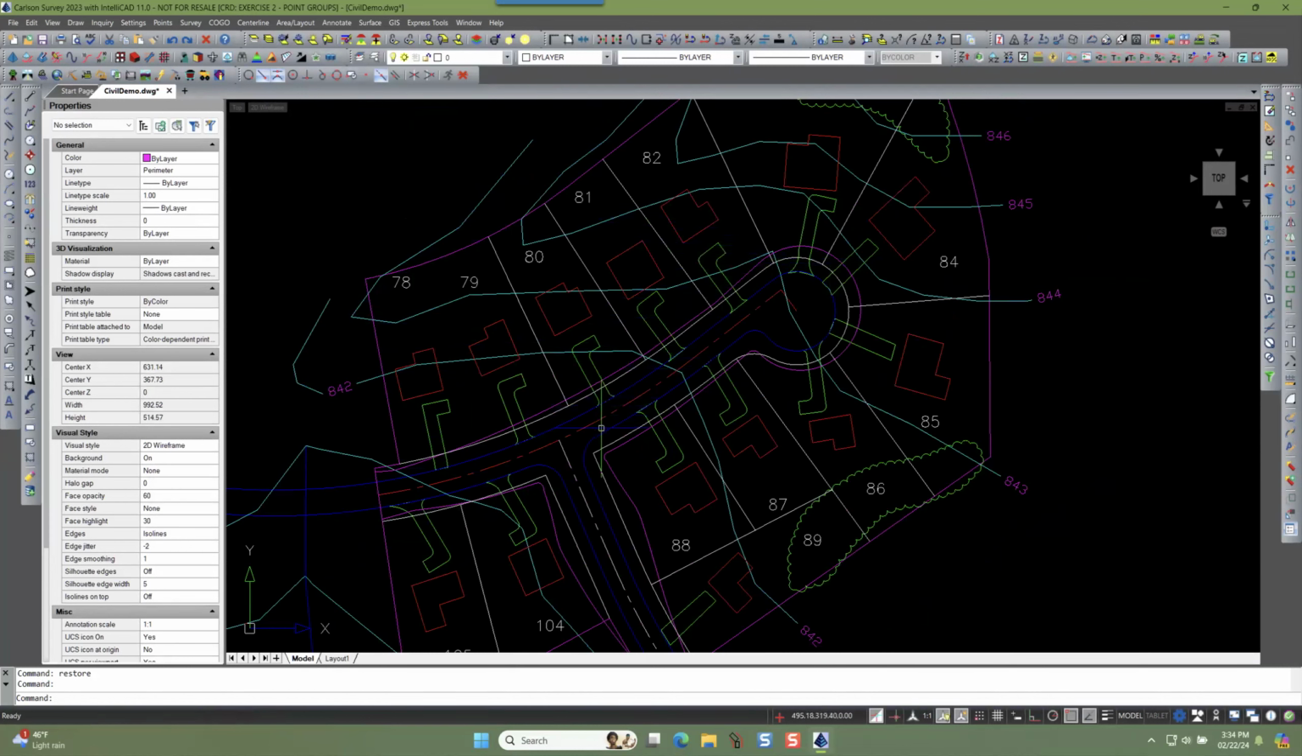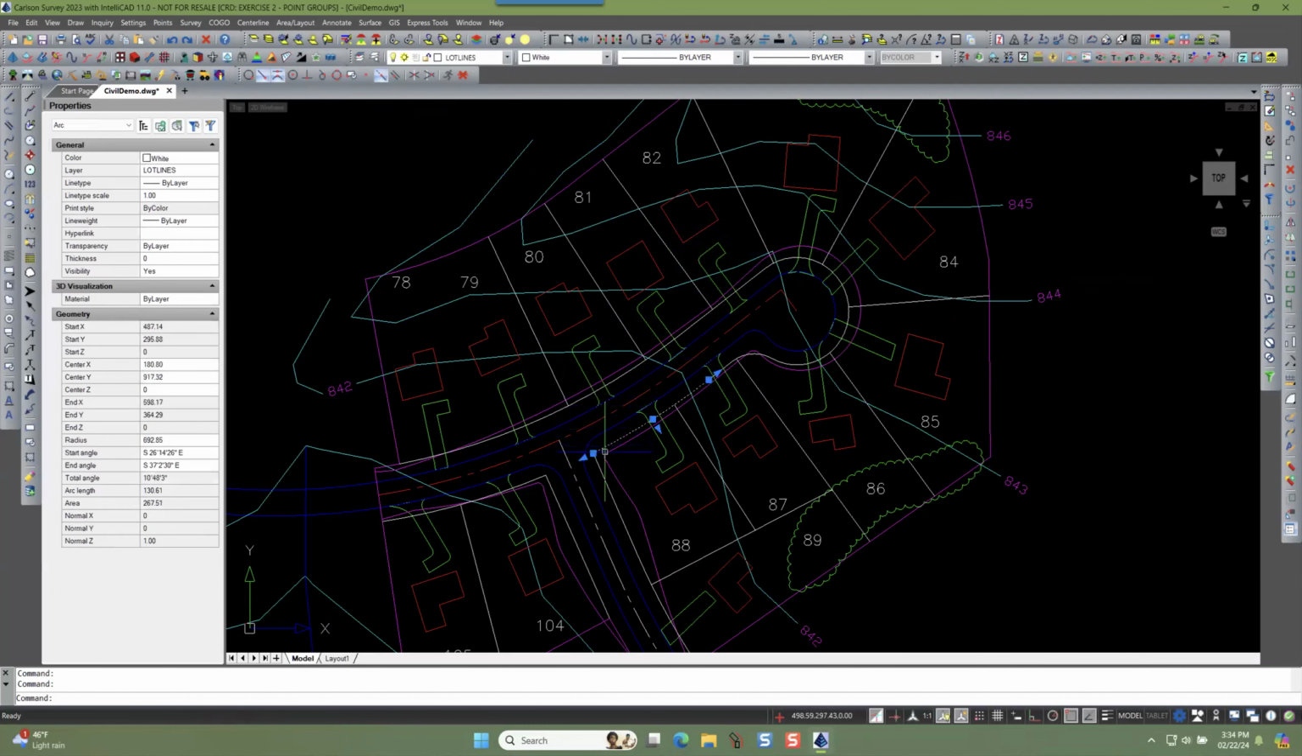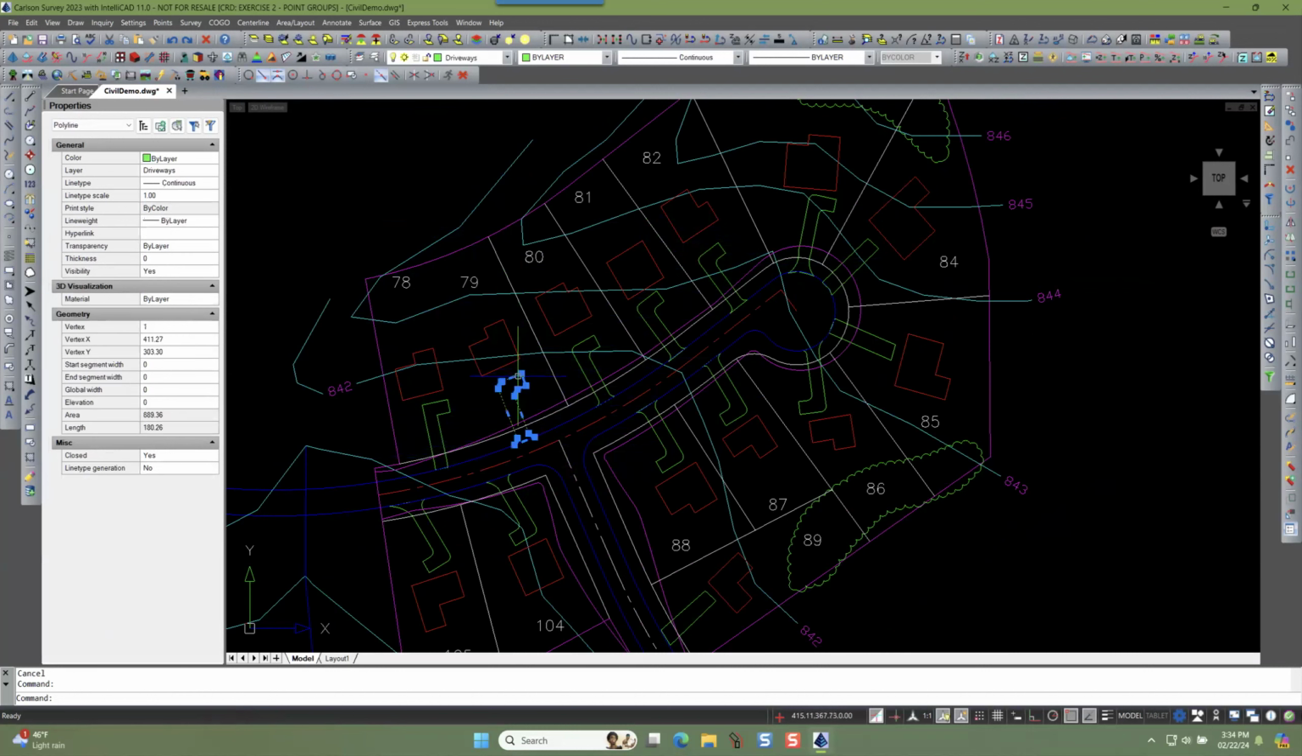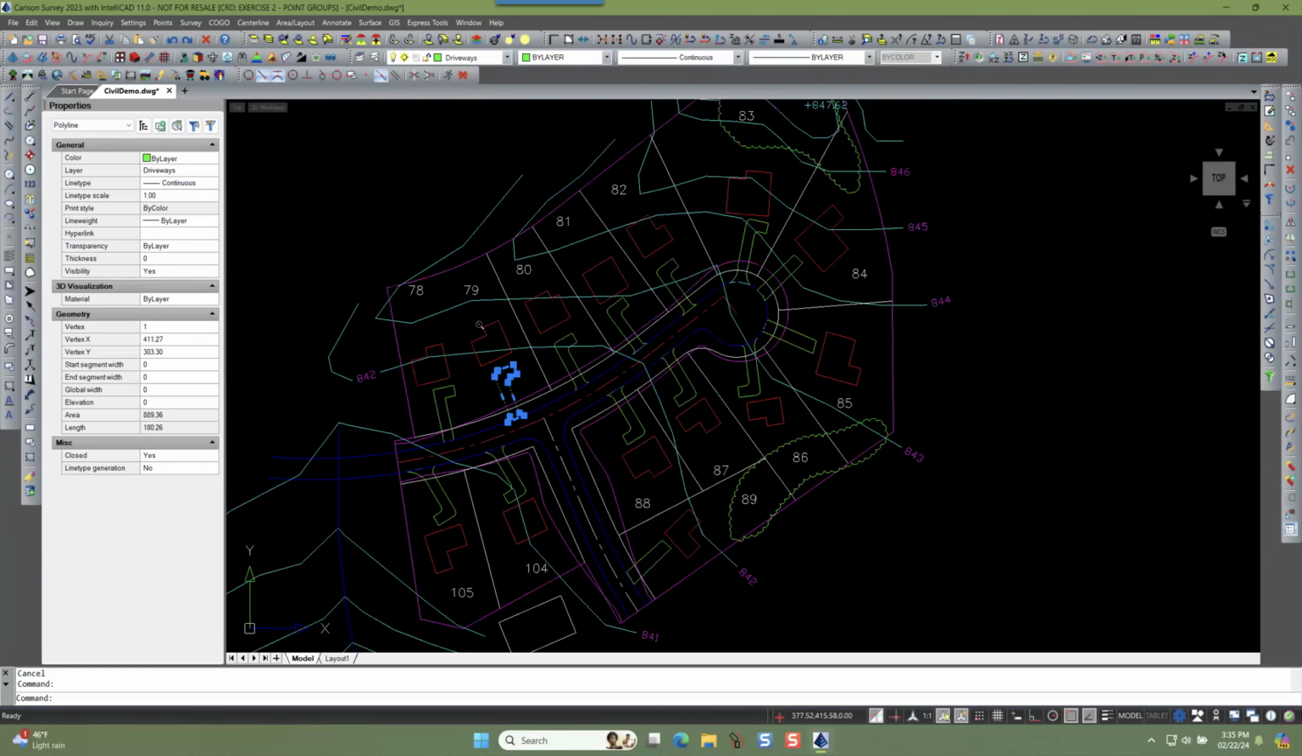And then the lot lines are these particular layers here that, again, we put those things in to driveway points. We selected all the driveways, said generate points on all of those polyline vertex locations. Okay, so